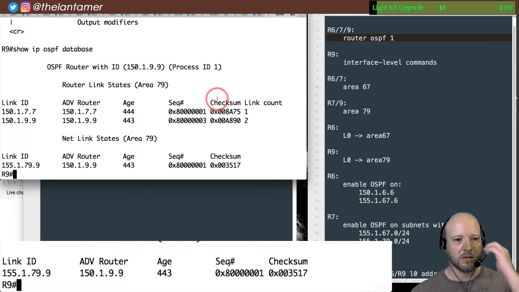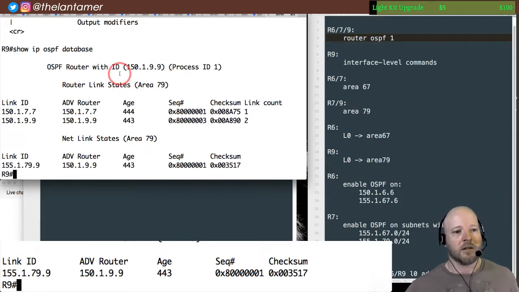No. Process ID 1. OSPF router with ID. And we have 2 LSA type 1s, which are router IDs, saying this is this router 7.7, and this is this router 9.9. This is my neighbor. Network link states,